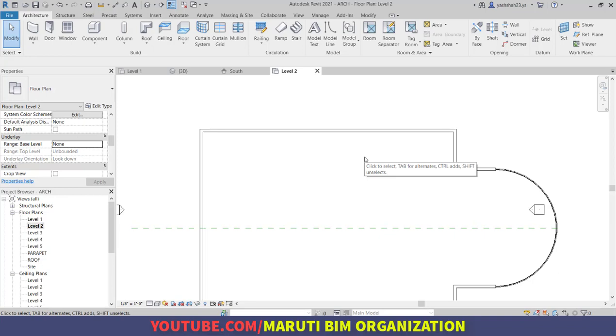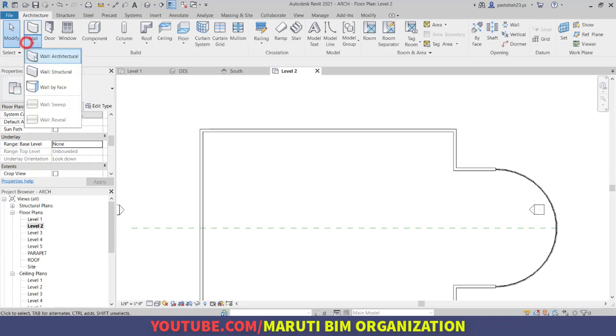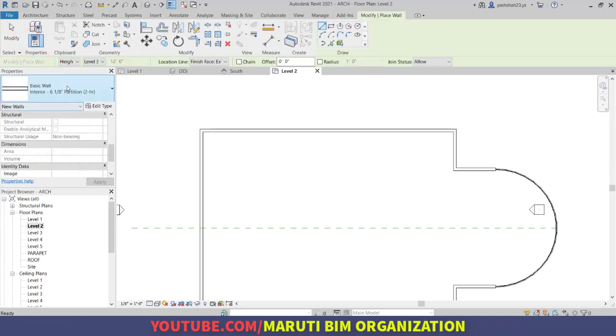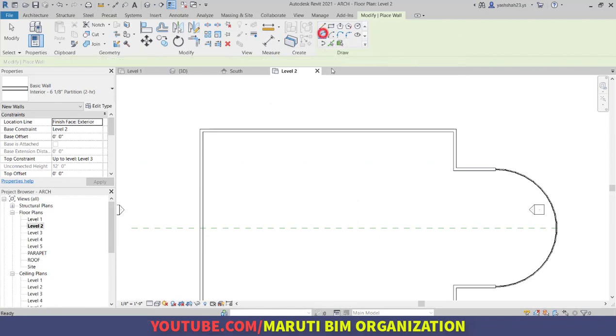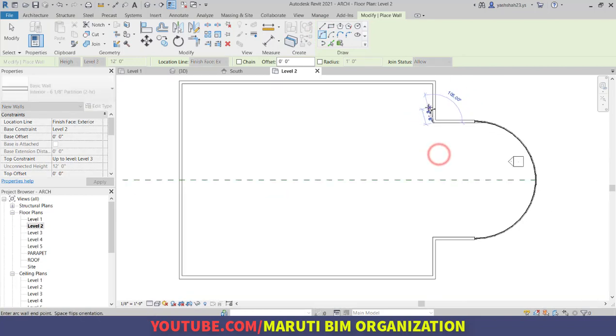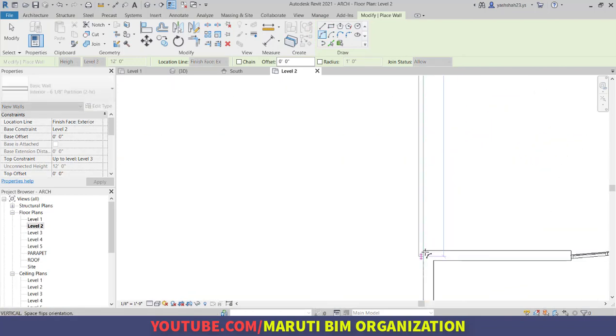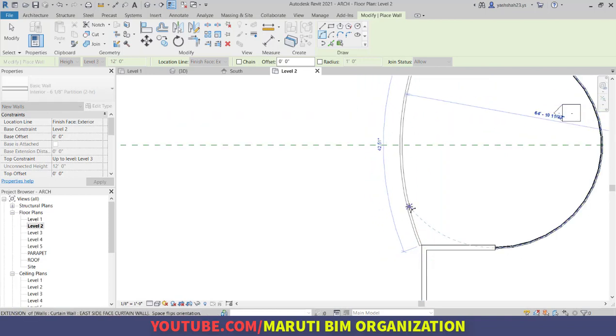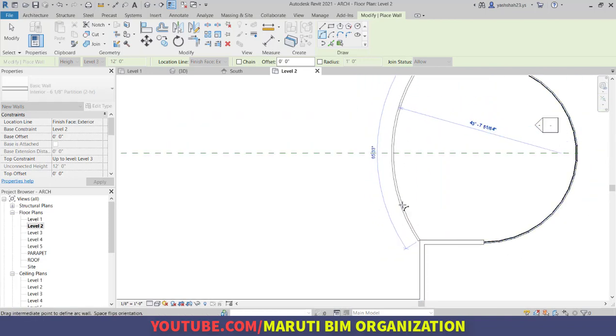Now I want to use the Wall command, similarly to what I did in the previous video, from Level 2 to Level 3, and an arc wall: first point somewhere about here, second point here, and use the arc distance with a radius of 40 feet, and press Enter.